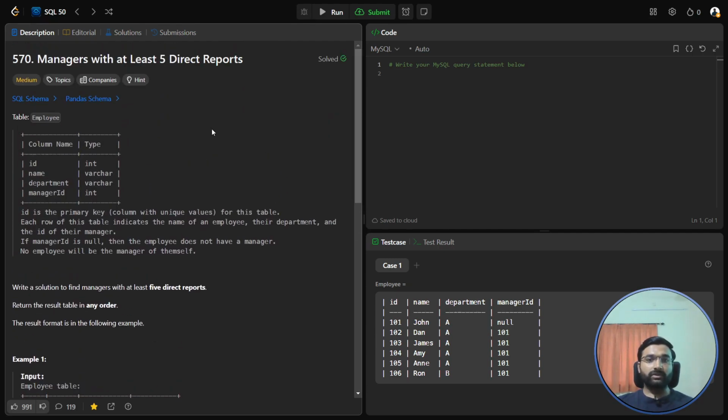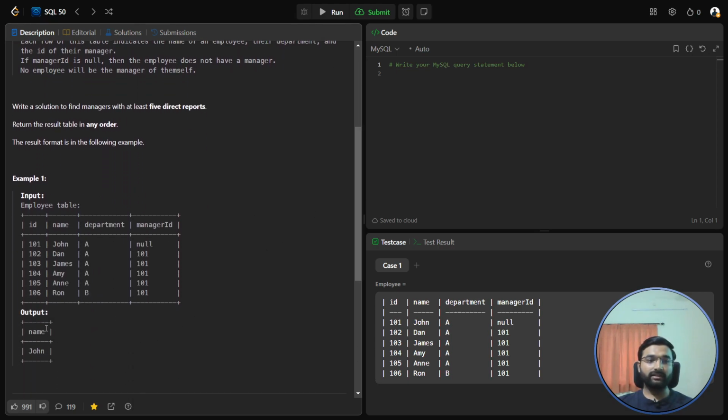So the question is simple. Manager with at least 5 direct reports. We have a table with ID, name, department, and manager ID. Write a solution to find managers with at least 5 direct reports. Return the table in any order. Meaning that I need to find the name of the manager which has more than 5